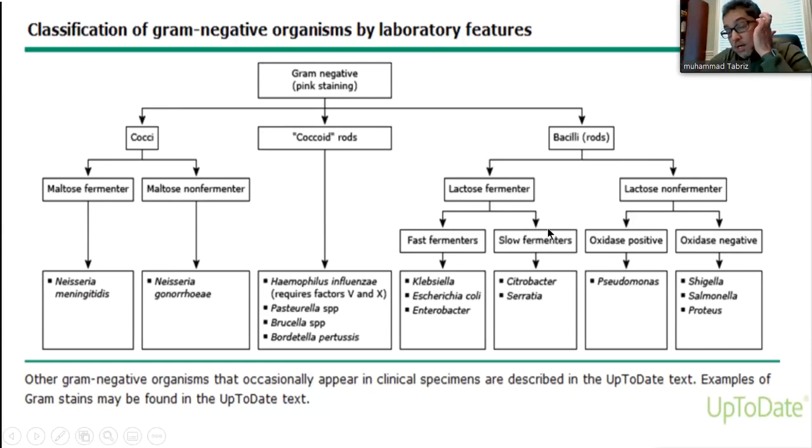The most important point here is to remember that the lab may tell you this is a non-fermenter. As a clinician, when they tell me non-fermenter, right away I think about Pseudomonas. That's most important because your antibiotic differs depending on whether you're going to cover Pseudomonas or not. So if you're not covering Pseudomonas and your preliminary result is non-fermenter, they don't know the organism species and identification yet. If I'm not covering Pseudomonas, I would change my antibiotic to cover Pseudomonas if they tell me this is a non-fermenter. And the rest of the fermenters are primarily the Enterobacterales, which we'll talk about more: